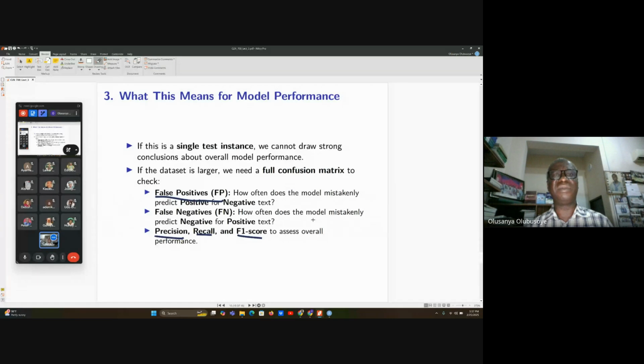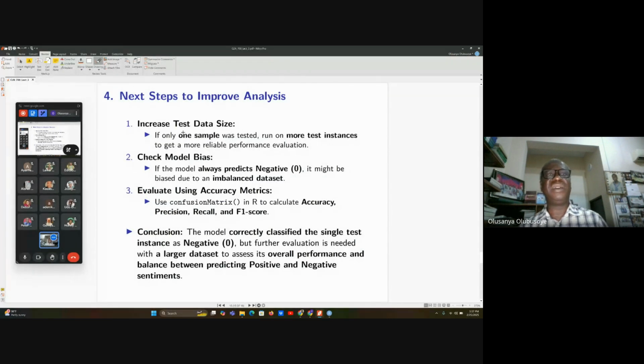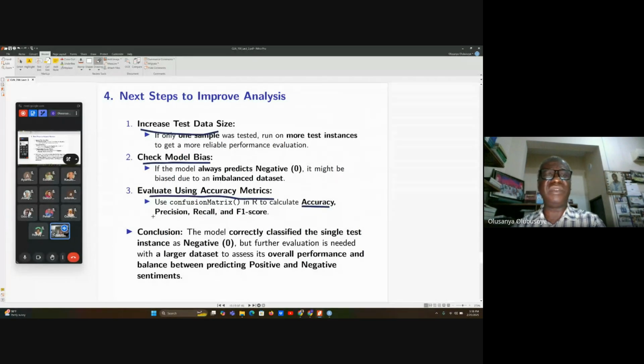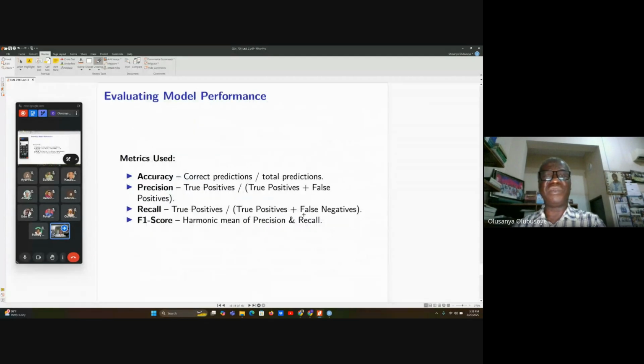So we can improve this analysis by increasing the data, by checking the model bias, by evaluating the accuracy, which is what we love to do now. So we can calculate accuracy, we can calculate precision, we can calculate recall, we can calculate F1 score. So to do that,